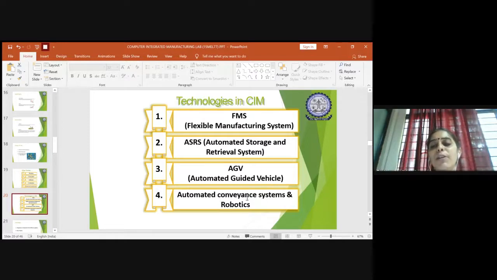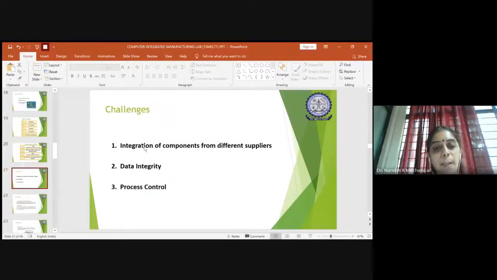With the controller and the networking system, we can design beautiful robots which are able to do the assigned task in an automated manner. That will come into the picture in later stages. So these are the technologies available with respect to SIM.